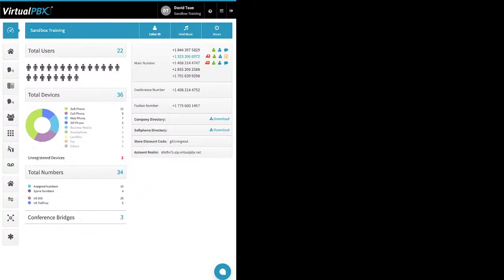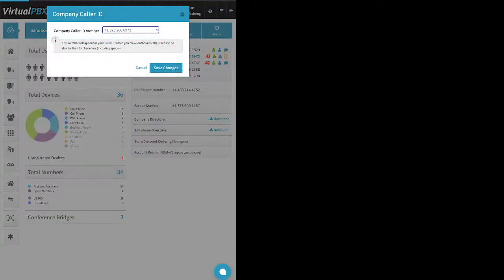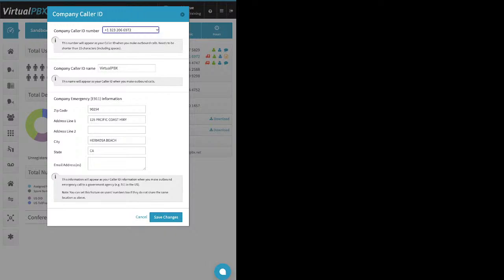All right, up here, back towards the top, caller ID. Let's click on that. It's going to expand the box here. This is your company caller ID. So this first pull down, which unfortunately doesn't work on the streaming software, lets you choose any of your main numbers. Right, so those 5 phone numbers over to the right, I can choose any one of them